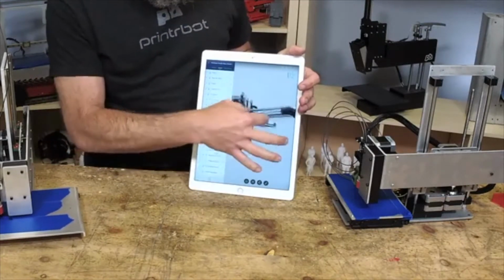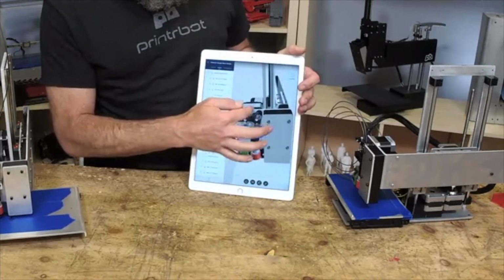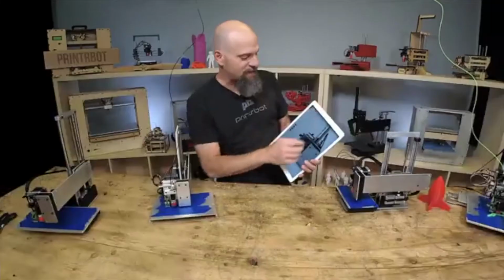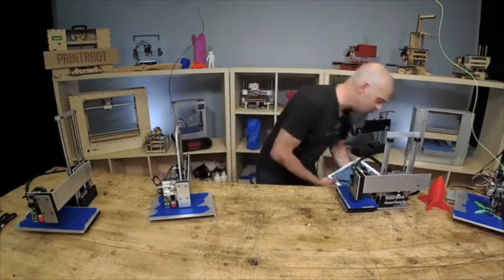If you want to start with the extruder, you can start with the extruder, and it'll list all the parts you need. But there is a video that'll be live soon. So I just wanted to talk about A360. I love the way that you can navigate this stuff. The cool thing on the computer,